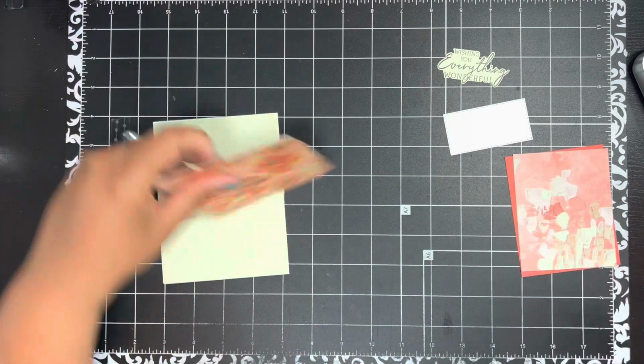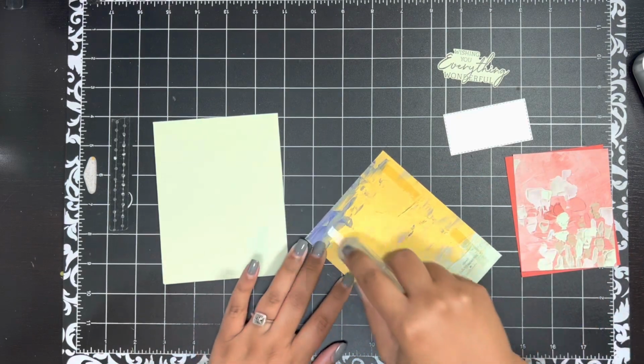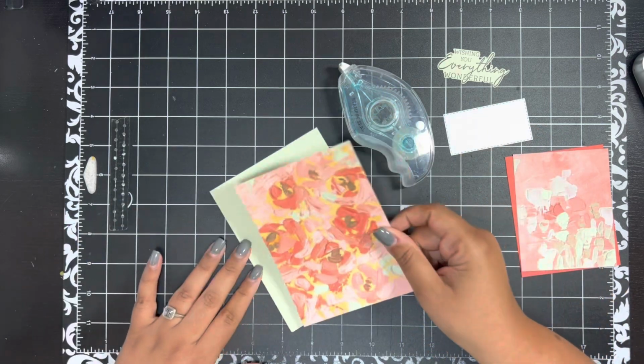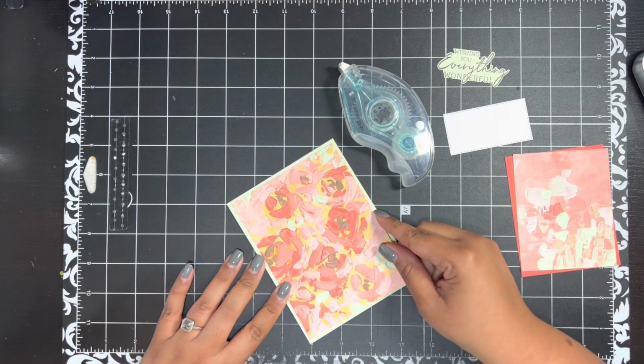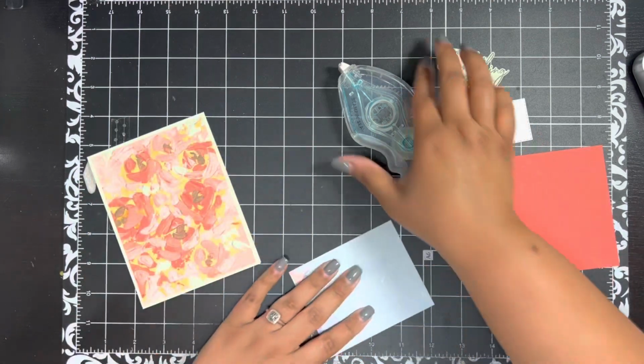Okay, so let's go ahead and add all of this to my card front. And I'm just using my Stampin' Seal for that. So I'll put this piece, center that up. Alrighty, and then